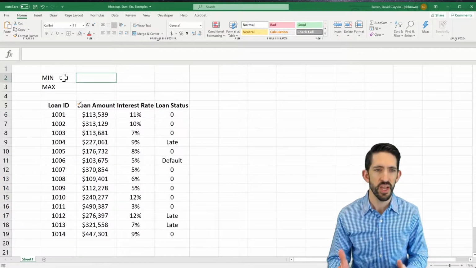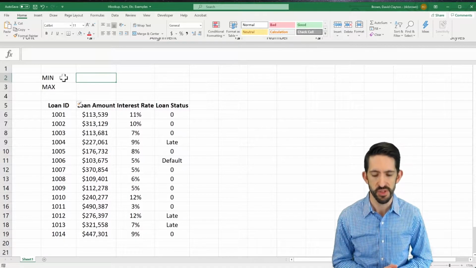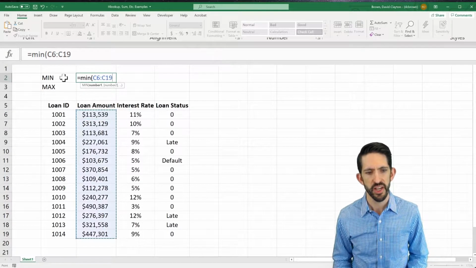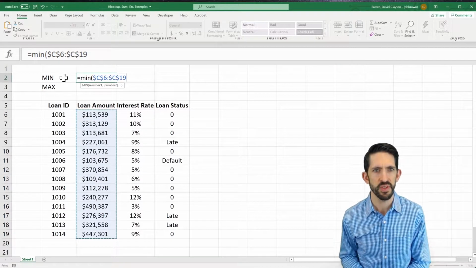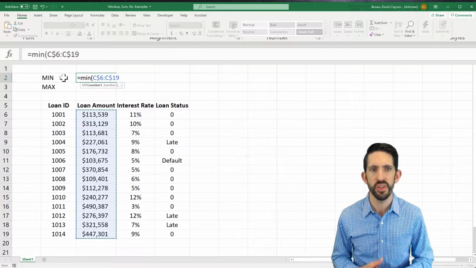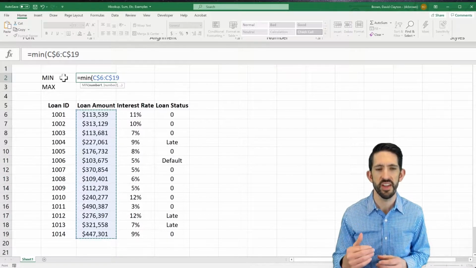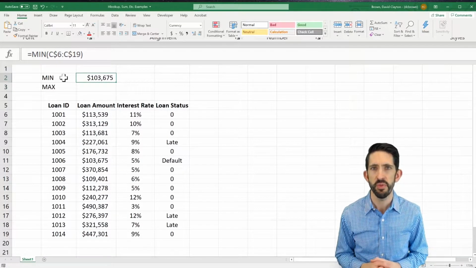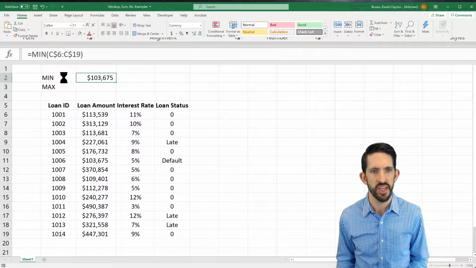So in this case, we have a set of loans, and we might want to know what our biggest loan and our smallest loans are. So we can use min, highlight our entire row of data. Now I'm going to set this up a little bit specifically, and I'm going to lock only the row references. So I'm going to lock from row 6 down to 19, and you'll see why in just a second. So I see that the minimum loan is $103,675. If I copy that down a cell,